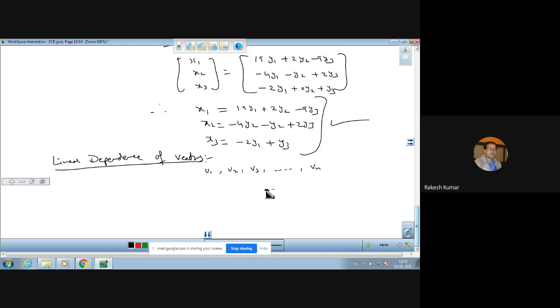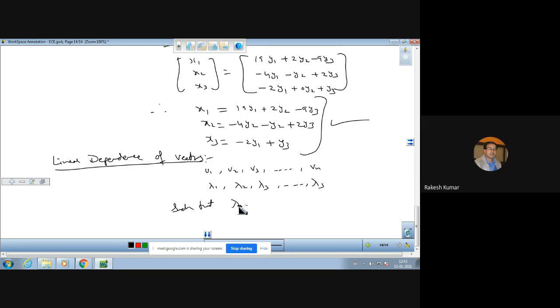And we are able to find out scalars. Suppose we have lambda 1, lambda 2, lambda 3, and so on lambda n. So suppose we are able to find out these scalars also such that